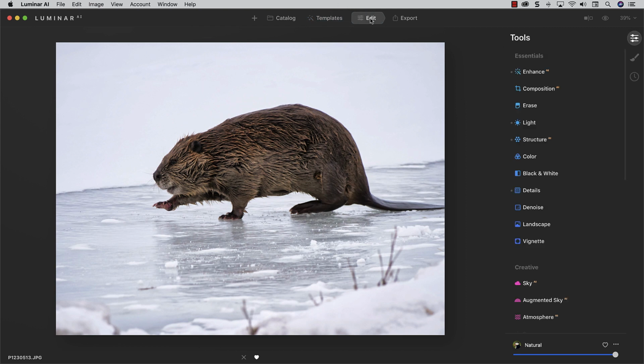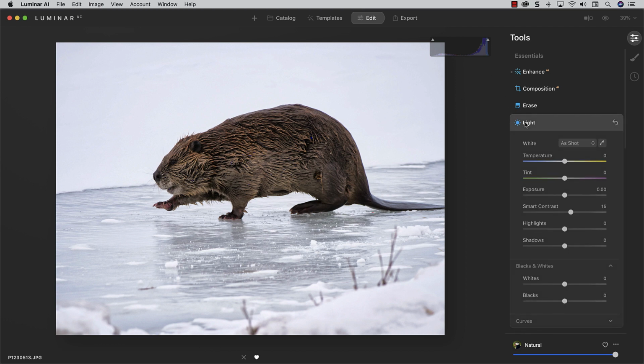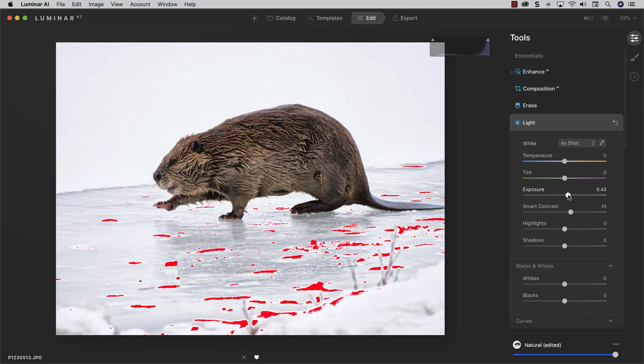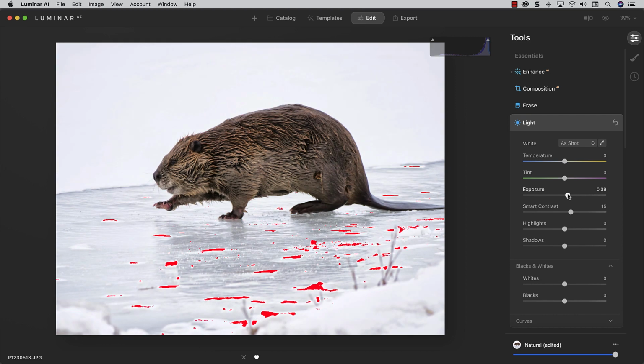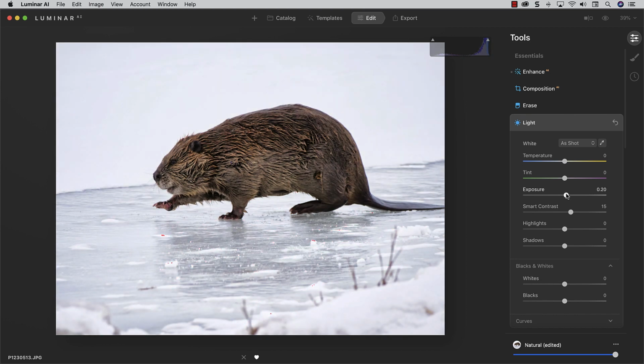Let's go into the Edit, see which tools it used. I'm actually going to bring up my histogram again as well. And you can well imagine that this area of white could easily be overexposed, but it's not, lucky for me. I can easily do that though. I can go into light and hit exposure, and you will soon see that, believe it or not, the lower part of the image is more overexposed than the upper part. I'm not going to do too much with this, except to say, look at the difference that adding that template did to this image. I mean, it's crazy.